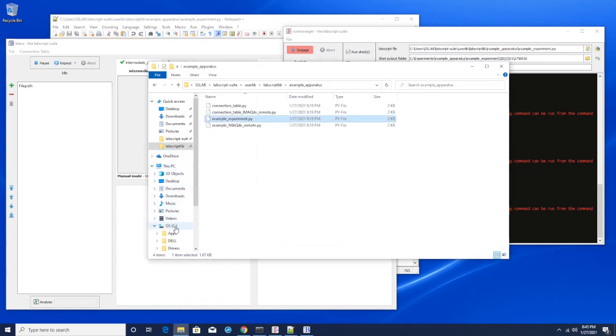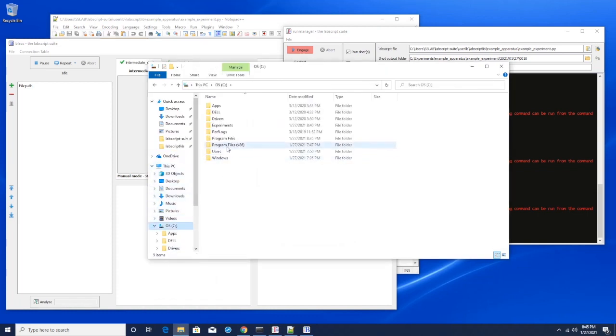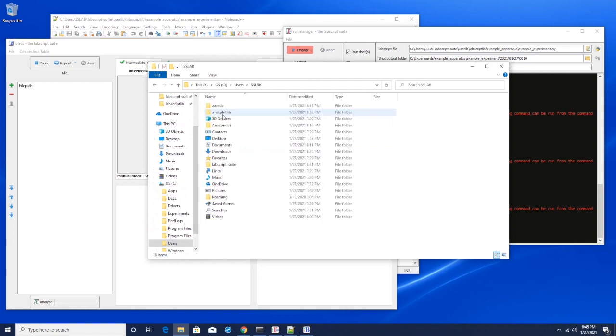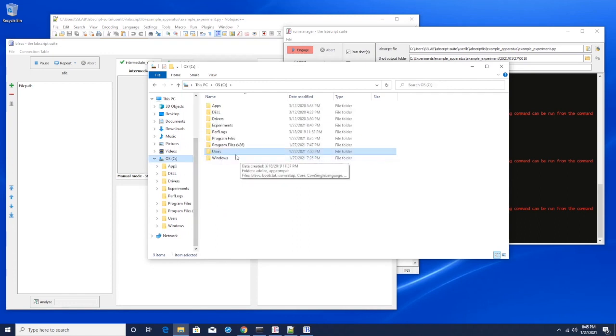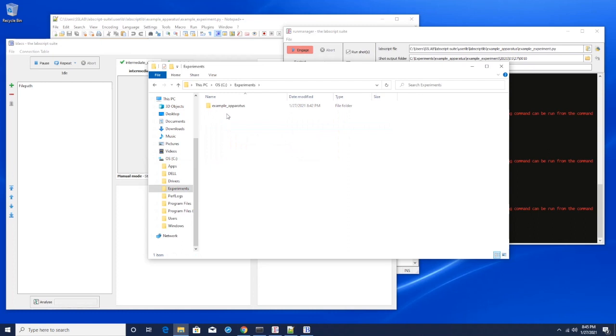So remember, most of Labscript lives in Users, your user, Labscript Suite. But the experiments folder is in C, experiments. This is a new directory. And in here, you can see it's automatically created a new folder for this particular apparatus, which will hold all of the data and all the experiments that we run, organized by date. And then in here, if I click on example apparatus again, it gives the date,